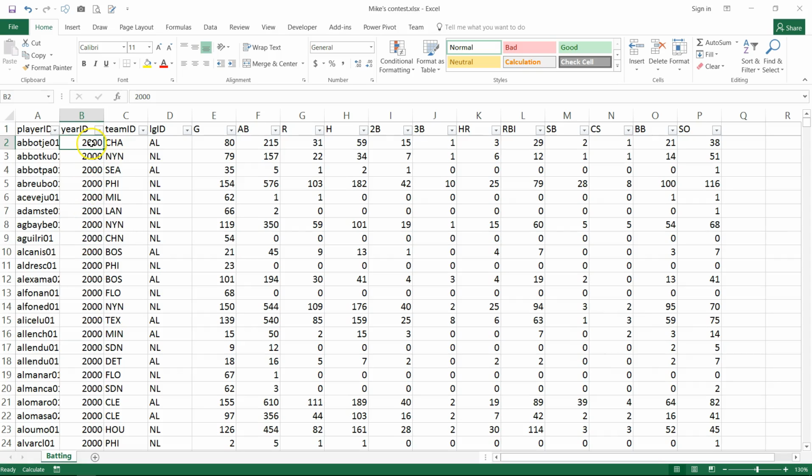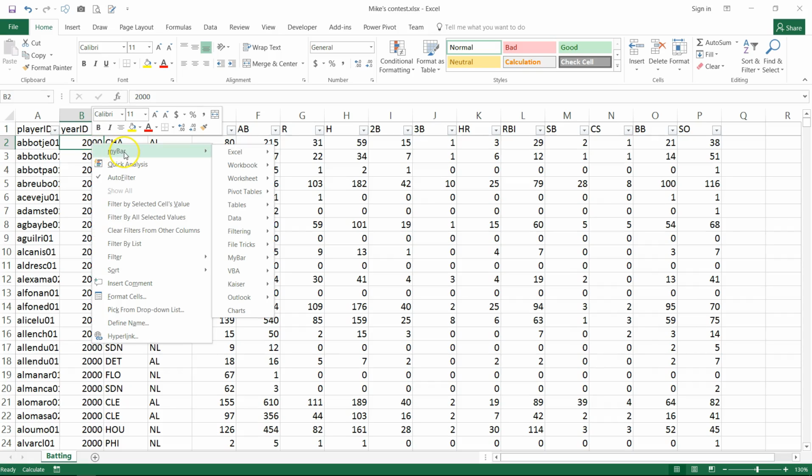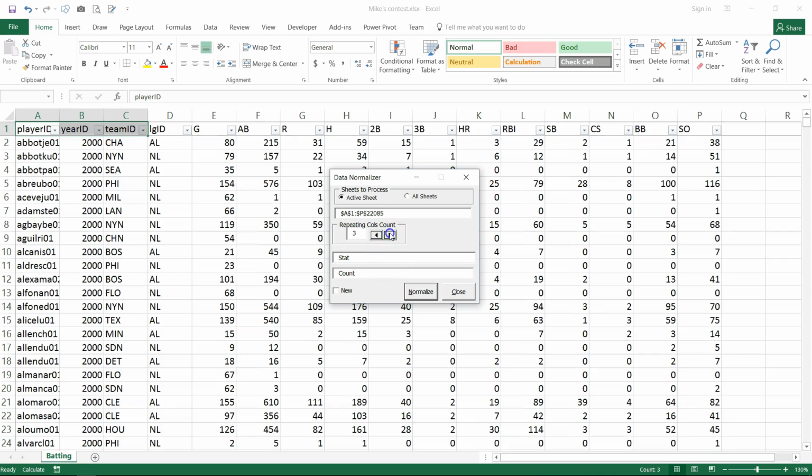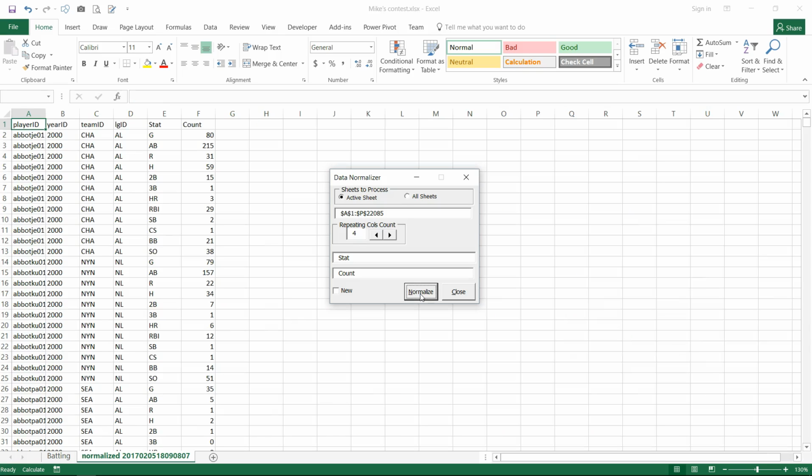What I'm going to do is normalize this table so that I can pivot it, meaning that I am going to take the stats that take up all those columns and turn them into 2 columns, one that has the stat, the second of which has the count of that stat. I need to tell the normalizer that I want to repeat the first 4 columns because those are our characteristics that we'll pivot by. So I hit the normalize button, wait just a couple of seconds for it to turn